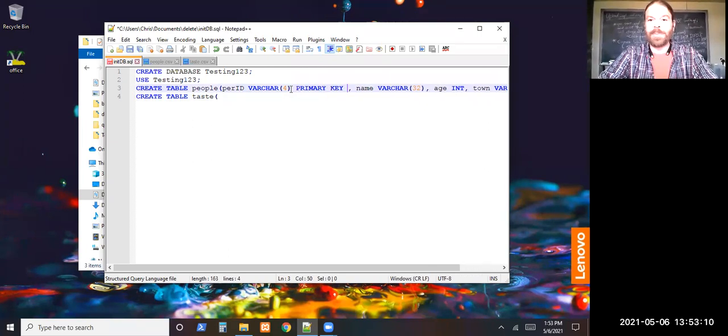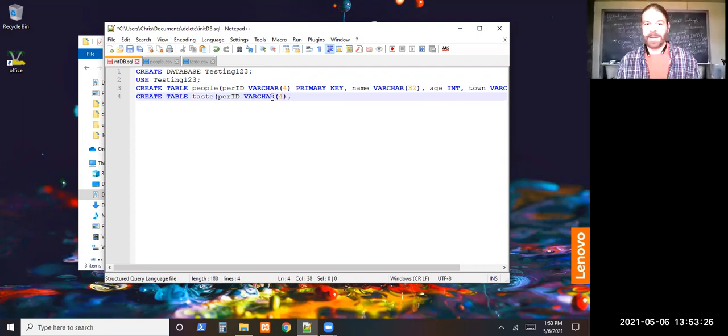I want that to be the primary key for that table. So I'm going to use that primary key as a foreign key over here. So I need the same table, the person ID. I need the same field as the other table. So put that on the table, and then